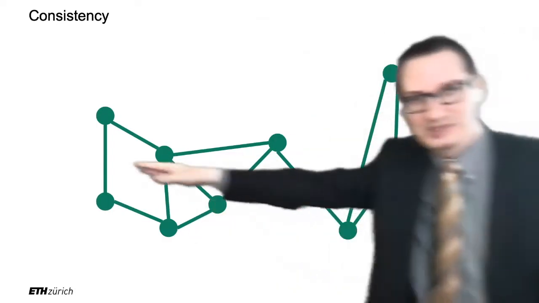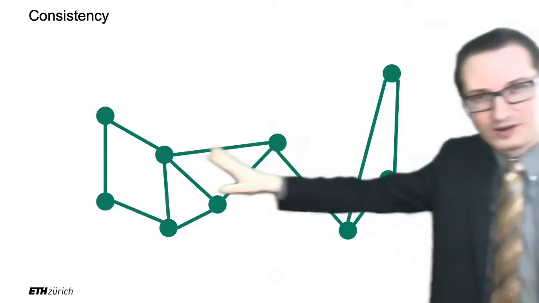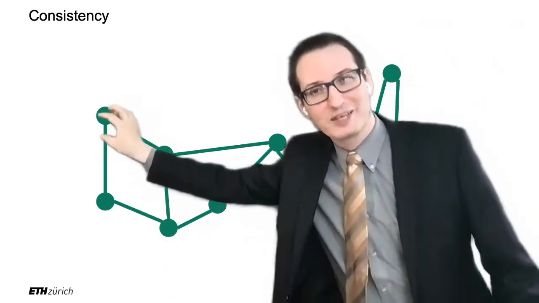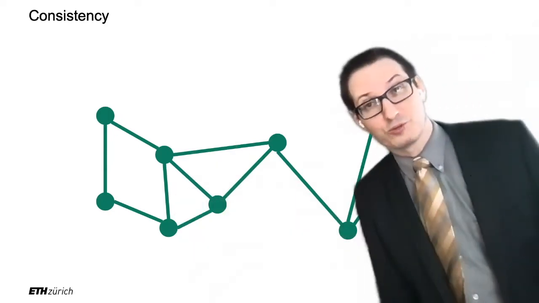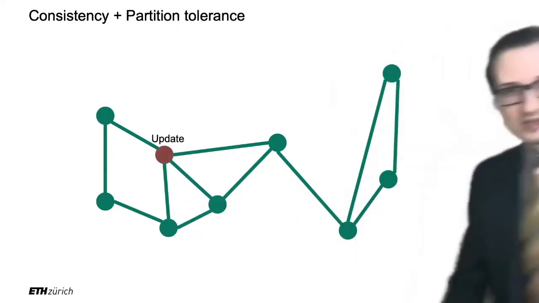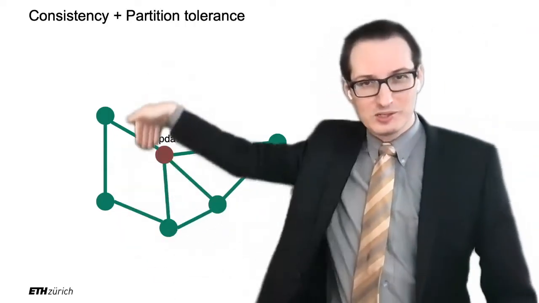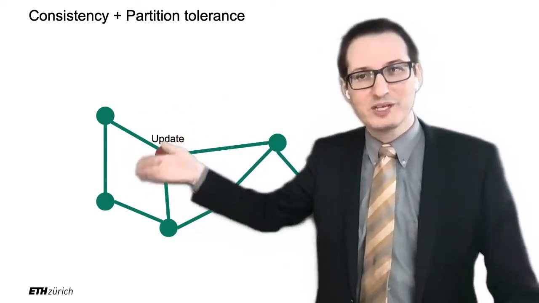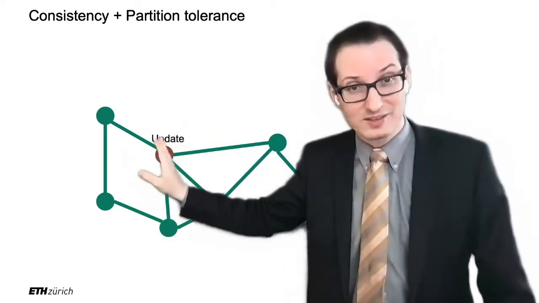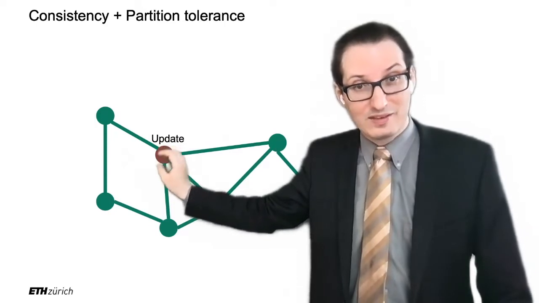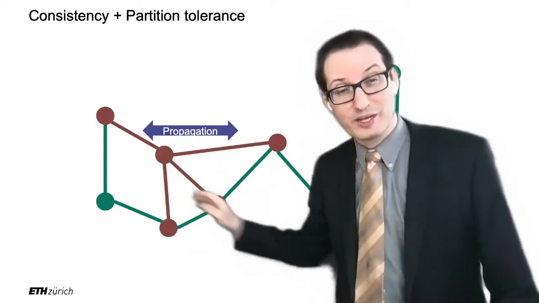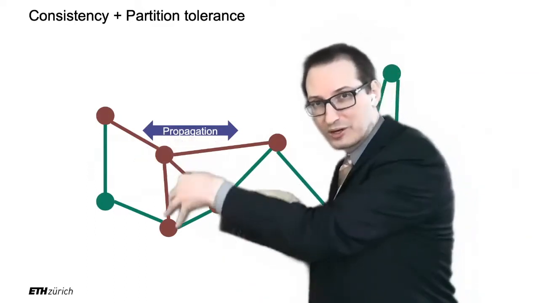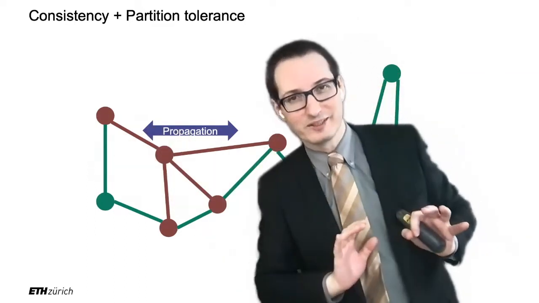So what happens? These are the computers. These are the nodes that are in your data center. Of course, I abstracted them away as points here, and they are connected via these lines. These are the network cables. What happens is that there is maybe an update somewhere. So this is a user that says, okay, please update my object with that new object. This is first done here, and then it should propagate to the other machines, right, to replicate the object. So it goes along the network cable, and the object is replicated.